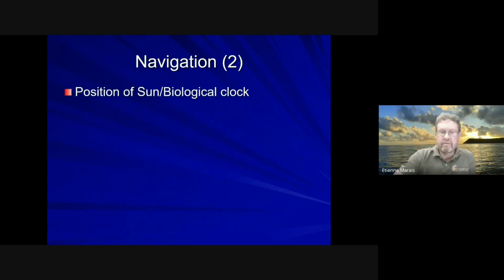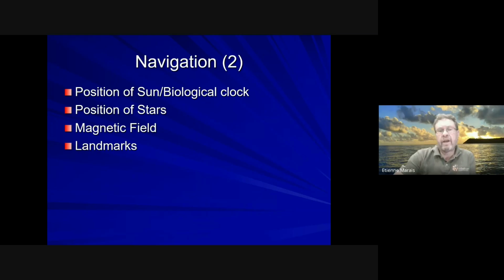So we're talking about the position of the sun and then the biological clock. Those are key elements. The biological clock is the bird's sense of time, and also picking up cues like the length of daylight, etc. Position of stars, I think this has been pretty much proven, and then the magnetic field providing an underlying navigational system on which to move in the compass direction. Landmarks along the way and smell are also known to play a role, particularly, just as an example, with some of the rallids that are nomadic and don't always go to the same place, so they would use smell and sound to locate